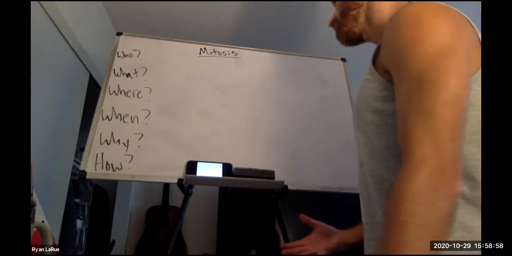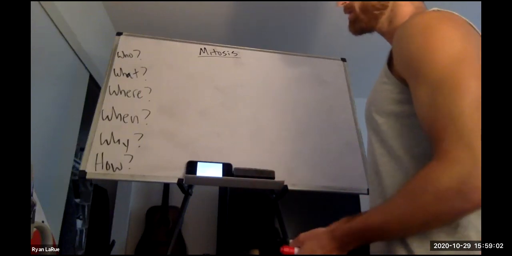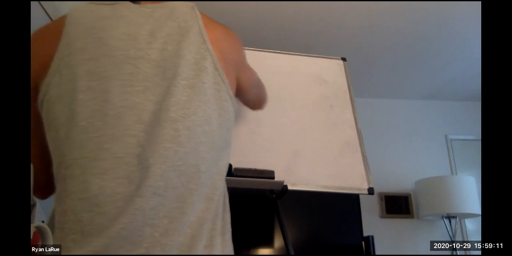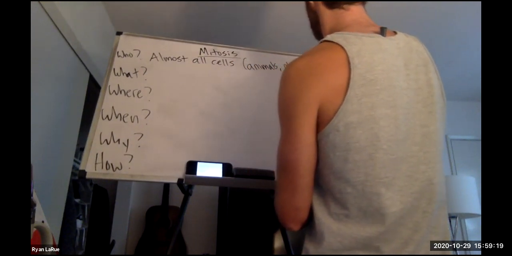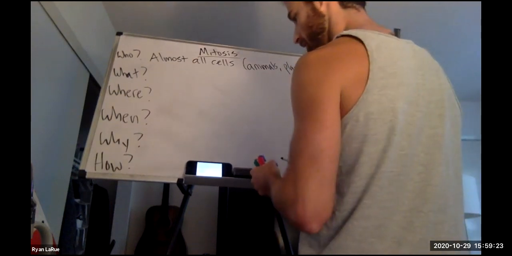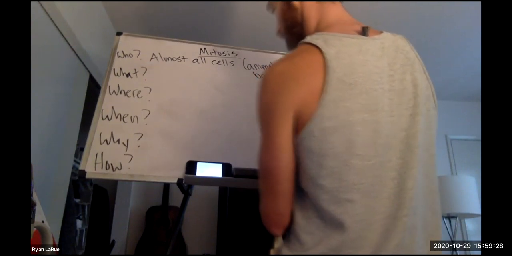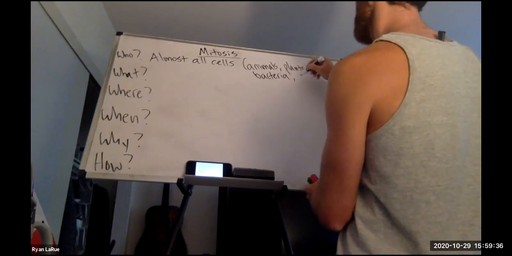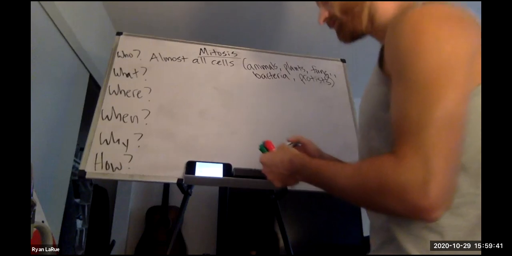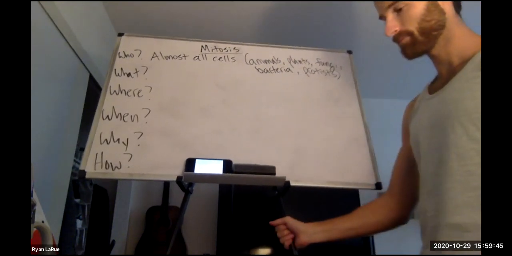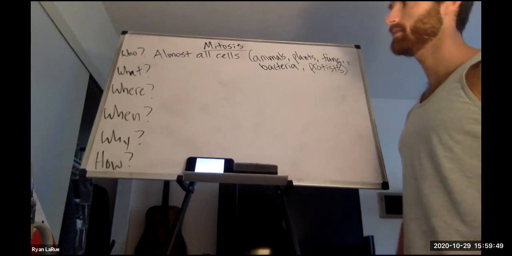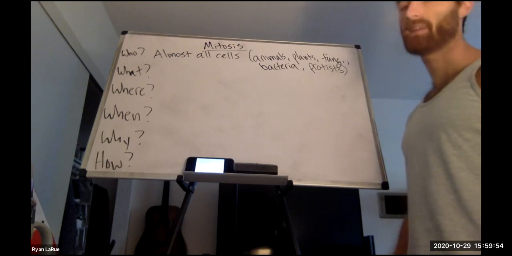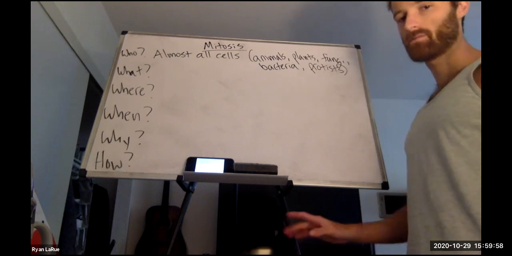So the who, what organisms do mitosis? Almost all cells do mitosis. So animals, plants, fungi, bacteria, a kingdom known as protists. These are like amoebas and plankton and stuff. So really everything on the planet does mitosis. Like 99.9%. There are a few exceptions. They do meiosis, but